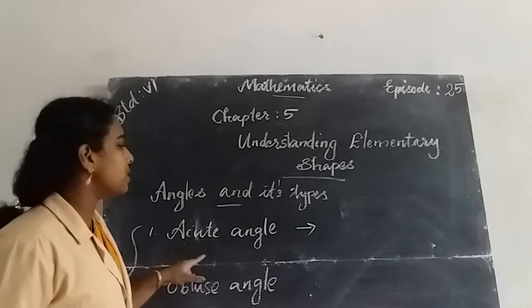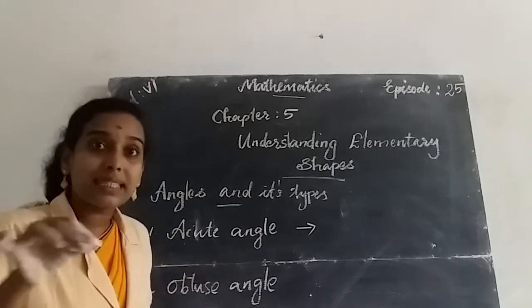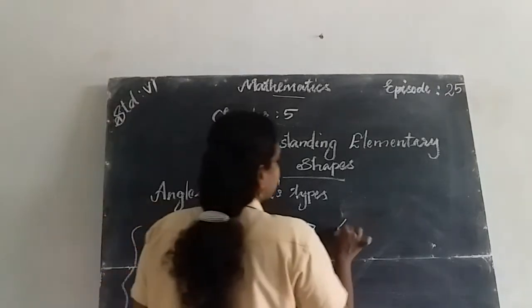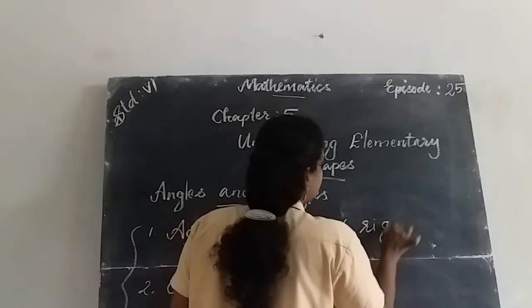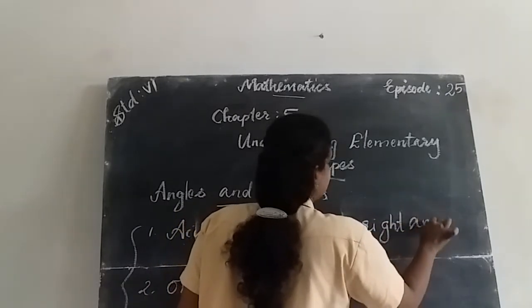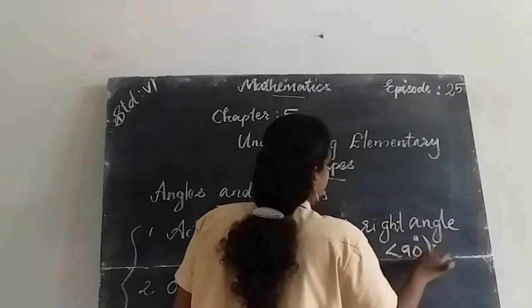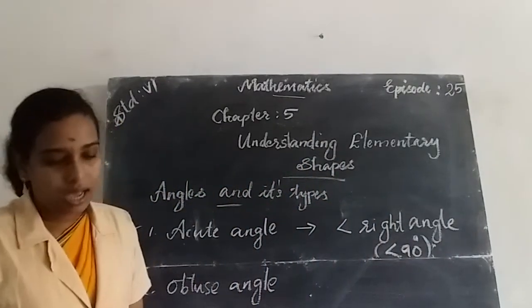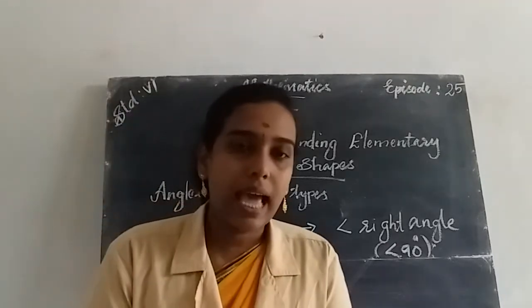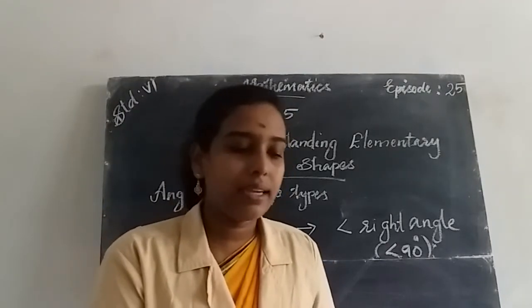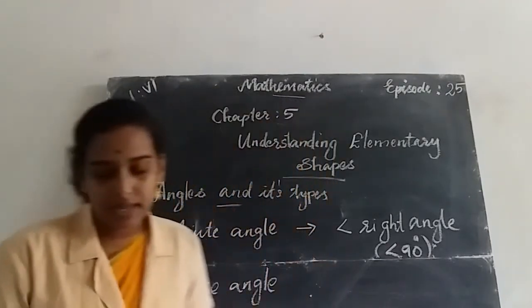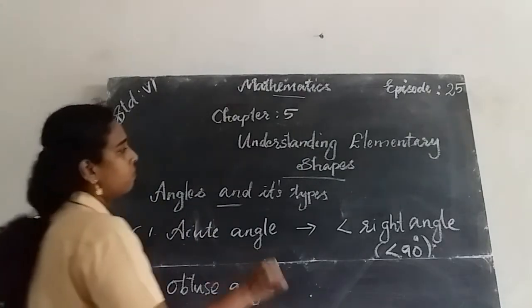So acute angle means the angle measures less than 90 degree, less than a right angle. This is called an acute angle. So an angle that measures less than 90 degree, or less than a right angle, is known as an acute angle. For example,